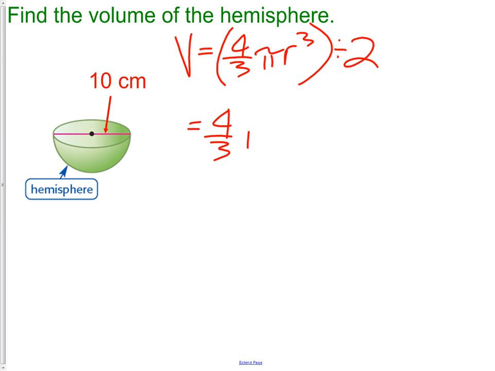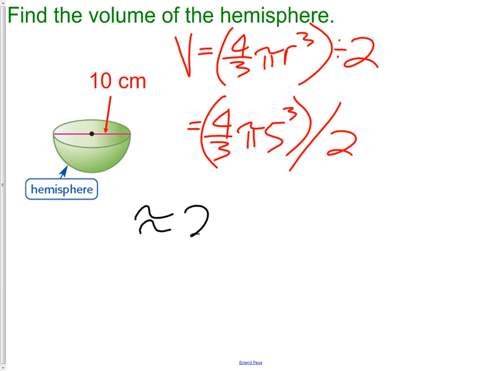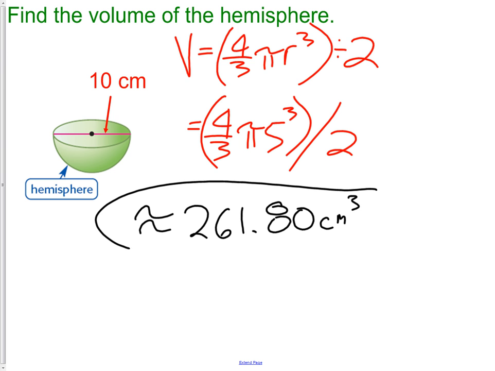So we have 4/3 pi, the radius would be 5 cubed, and that's all going to be divided by 2. So once again, please try and do this calculation on your own. And if done correctly, you should get approximately 261.80 centimeters cubed. If you get a number closer to the 500s, like 523, what you did is you forgot